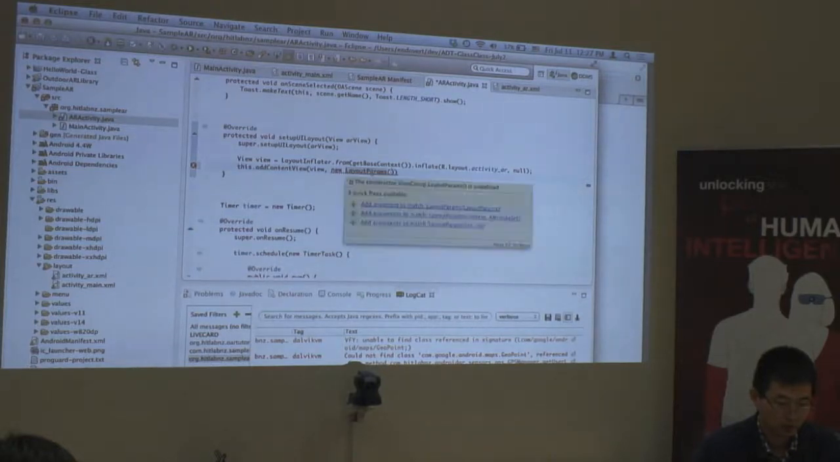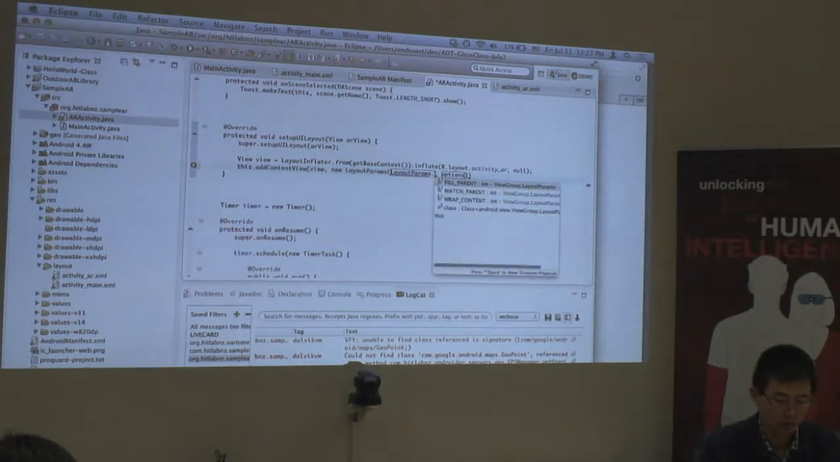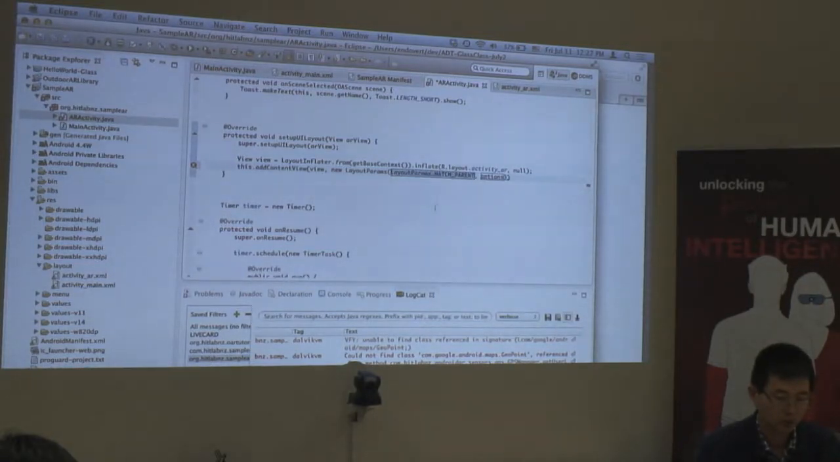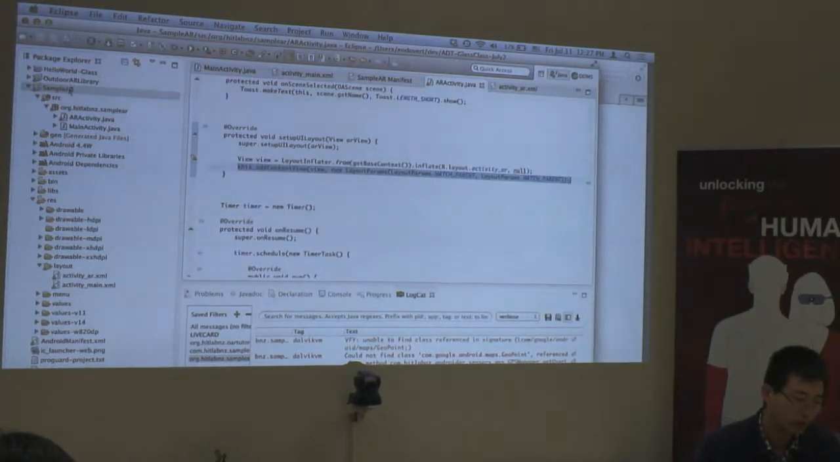Then you'll have to have that argument with 2 ints, which is basically layout parameters match parent. So this is just saying that we add this view to match the parent size. So once we've done that, that will load that XML layout and add that to the screen. If you run it again,